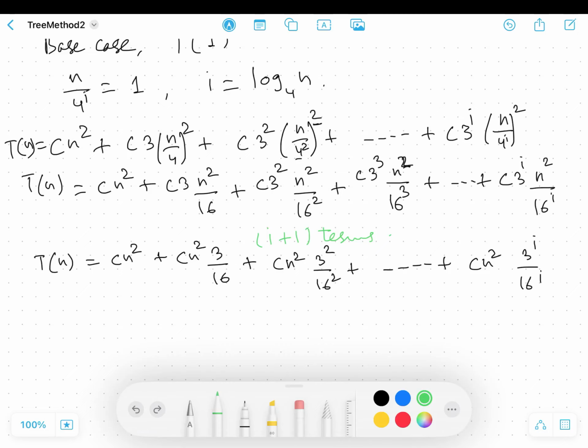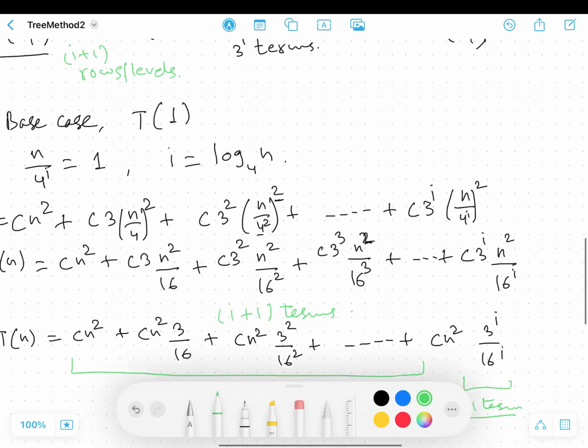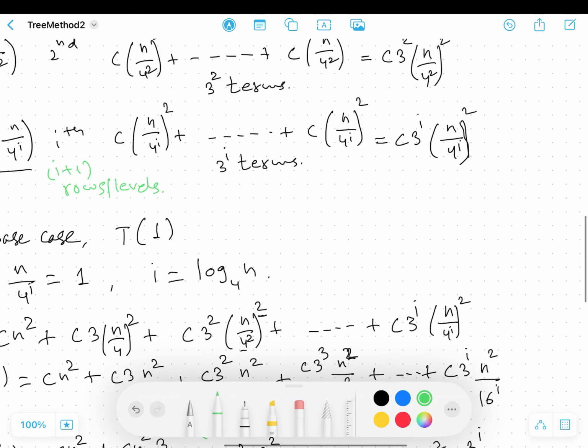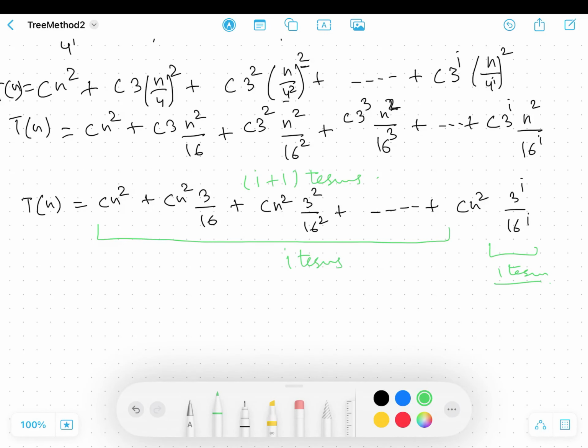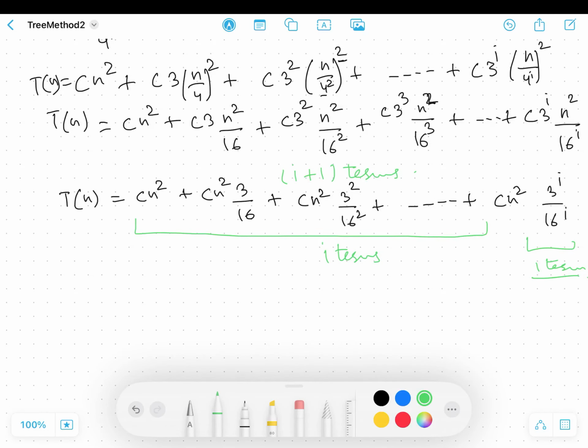We have I plus 1 terms, which means we have I terms plus 1 term. And this 1 term, the last one, is our last level. So we are going to solve the last level later. Let's see how these I terms look like. If you see the pattern, this is looking like